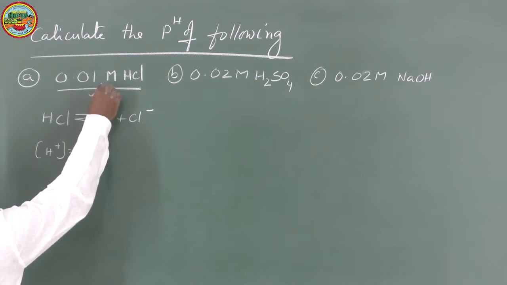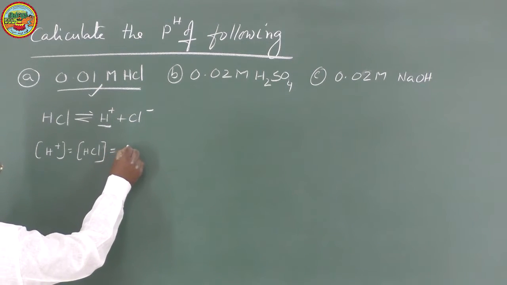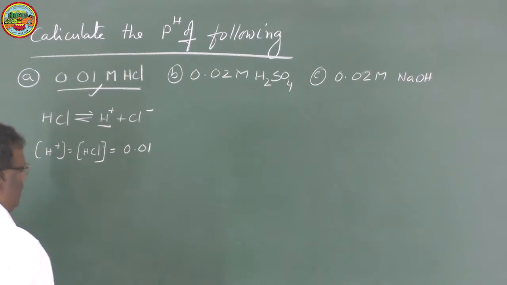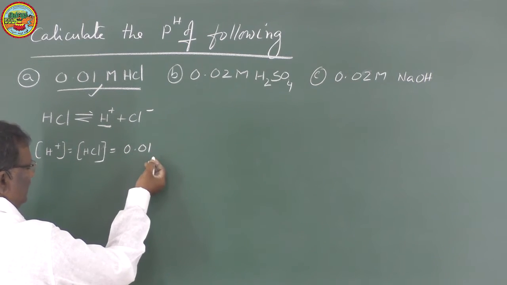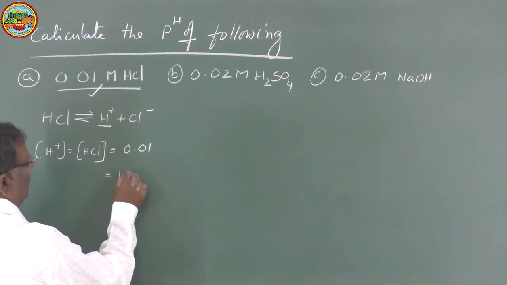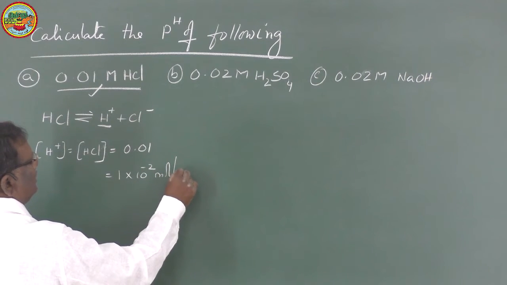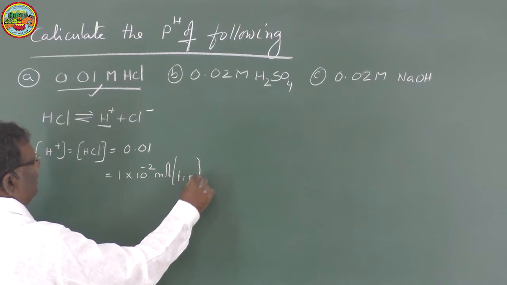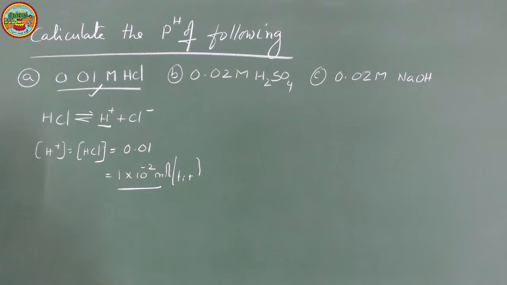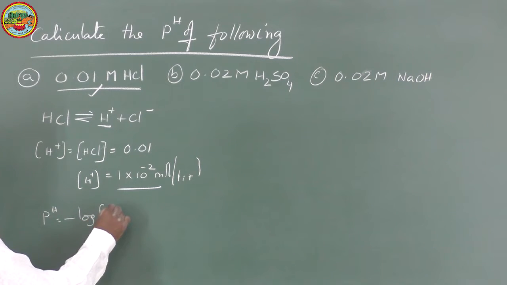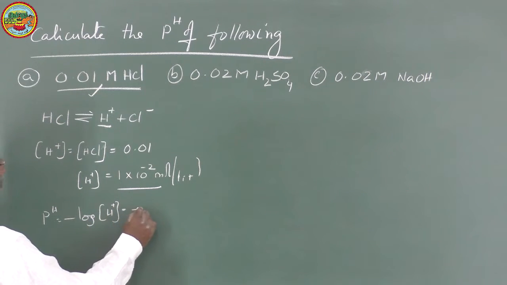So here we have the concentration of HCl. This will be equal to 0.01. 0.01 means 1 by 100, or it can be written as 1 into 10 to the power minus 2 moles per liter. This is the H plus ion concentration. Now we have to find pH. pH is minus log concentration of H plus. That is equal to minus log